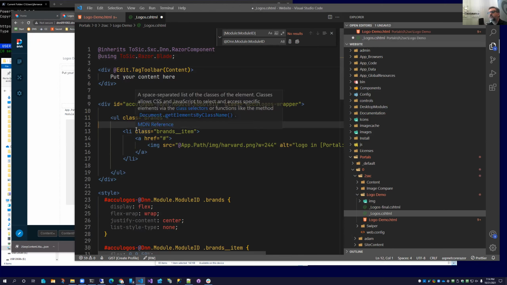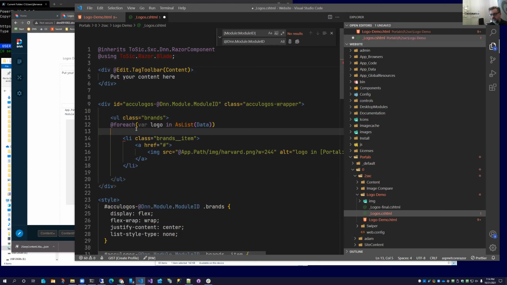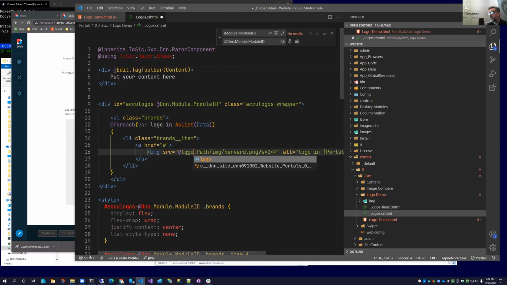Okay, so here is our for each loop, and we're going to wrap that around the LI, stay in place. So very simply, as list is doing some work to give us the nice naming conventions, so I can say logo. Notice I'm for each var logo, and then the as list gives me the naming so that it knows to pull from the content type the fields.